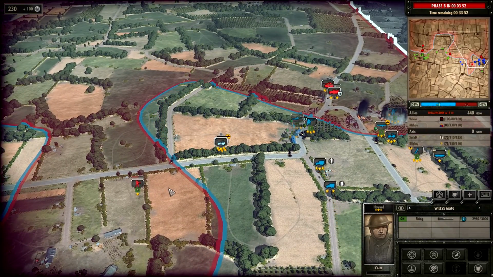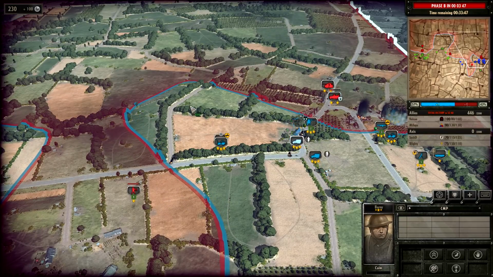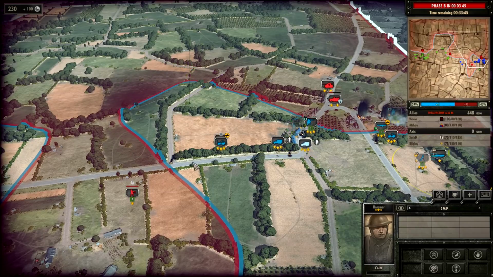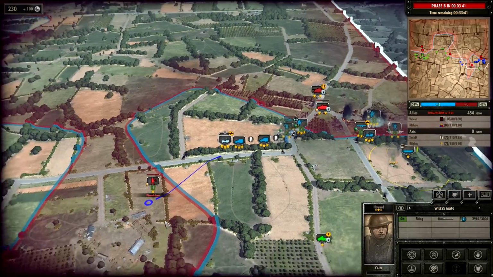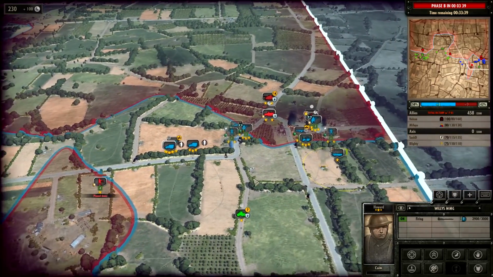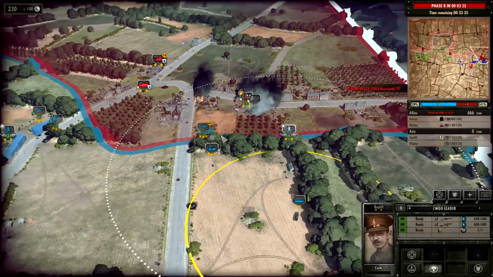We can pin down that Panzergrenadier in the open if we can, and I can just run him down with the Jeep. Taxi ready. We can't go any faster than that. Yep, that's good. We are good to go. Sergeant Highway, this is a story you